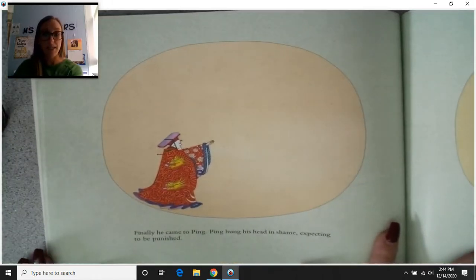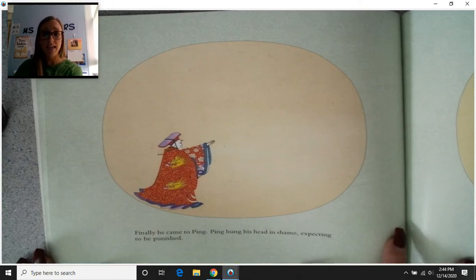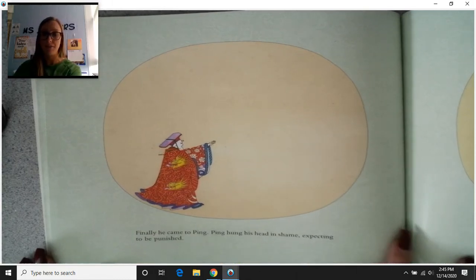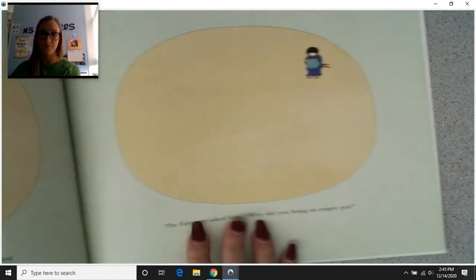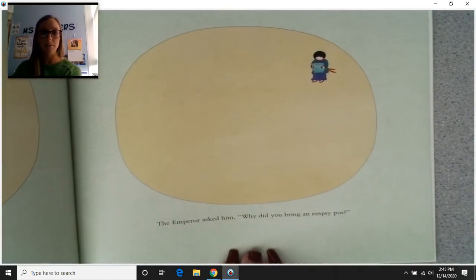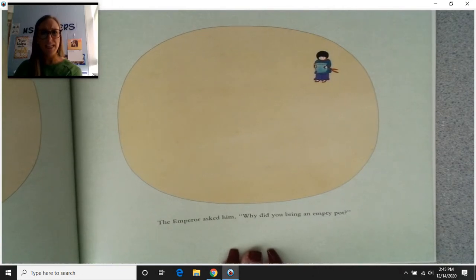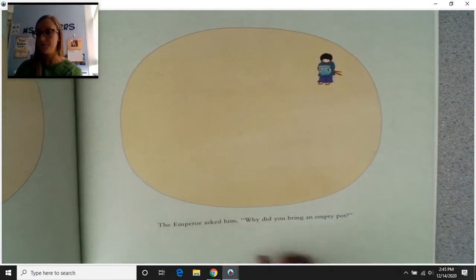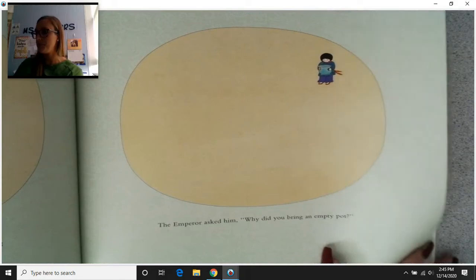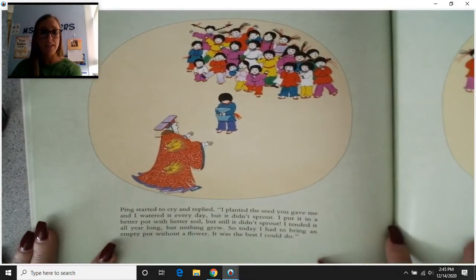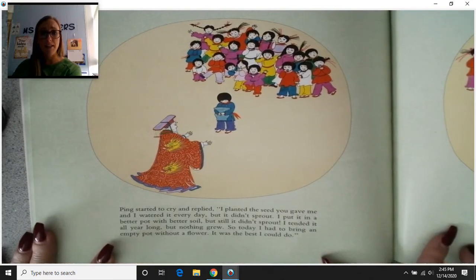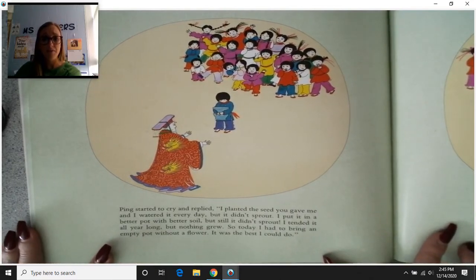Finally, he came to Ping. Ping hung his head in shame, expecting to be punished. The emperor asked him, "Why did you bring an empty pot?" Ping started to cry and replied, "I planted the seed you gave me and I watered it every day, but